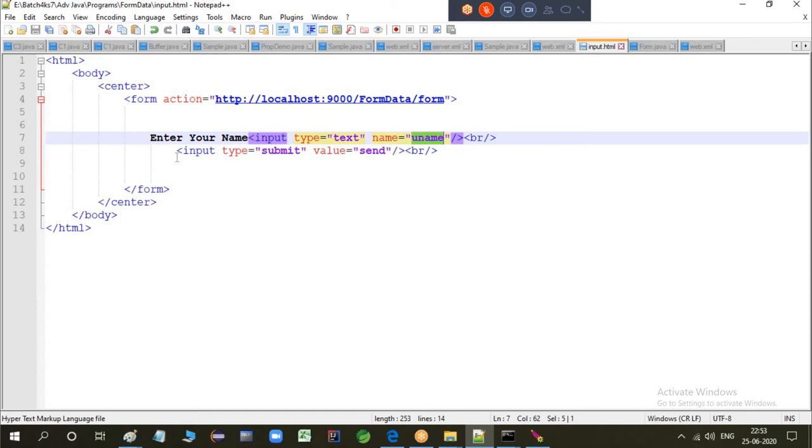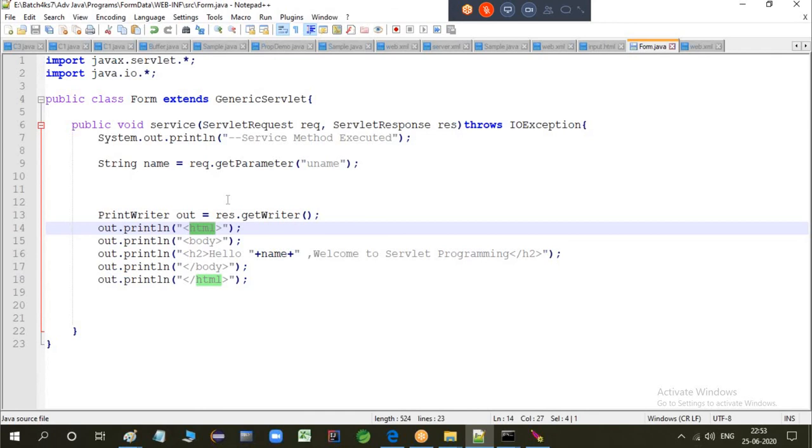When you are giving a response in the form of an HTML page, you can give output with the help of servlet programming only. Get this done by tomorrow. Then only you can understand the rest of the classes, or else there is no use of going through all these things.